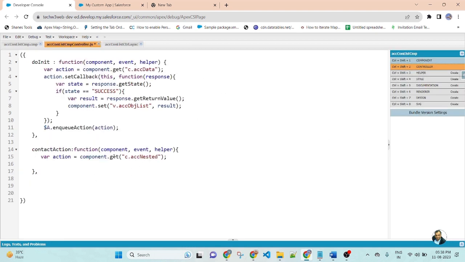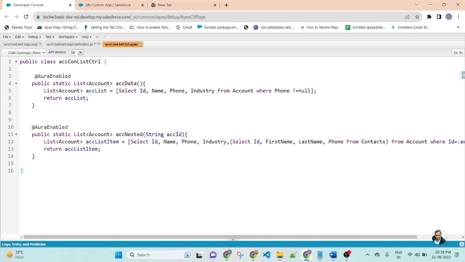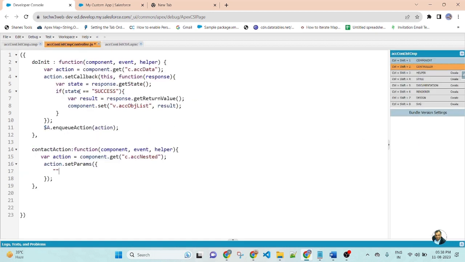So action dot set params, inside the curly bracket use accountId and here pass the account ID. So I will create a variable.